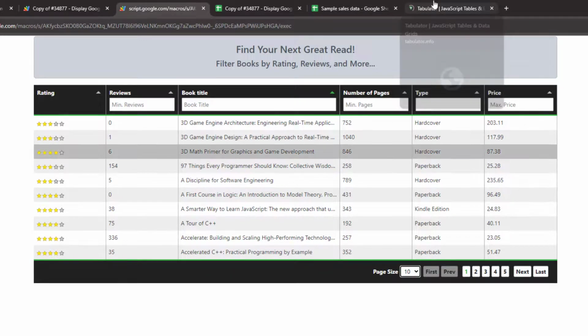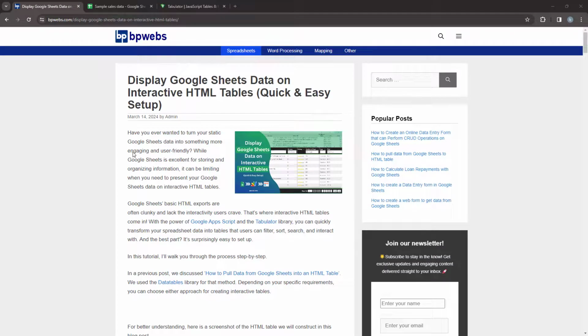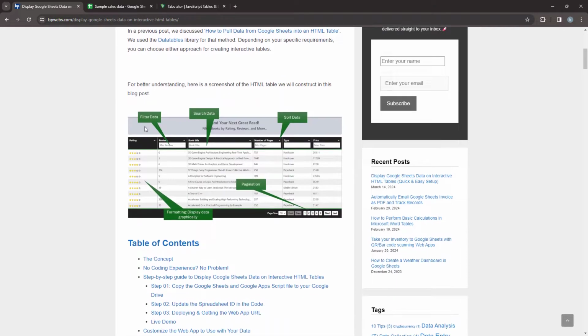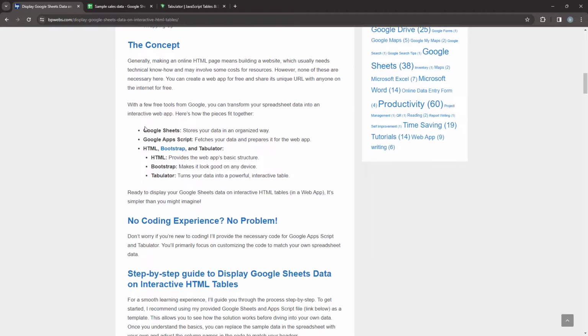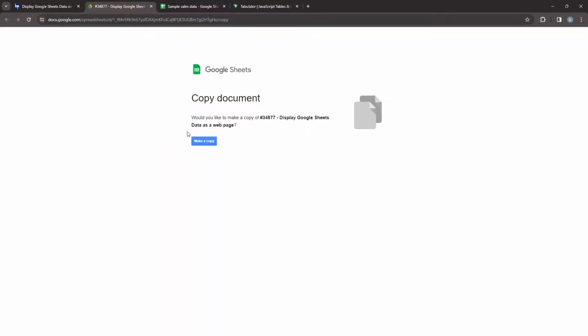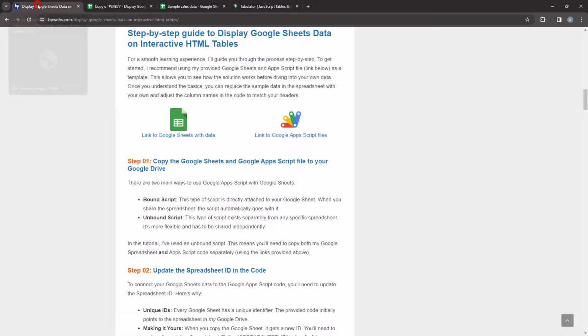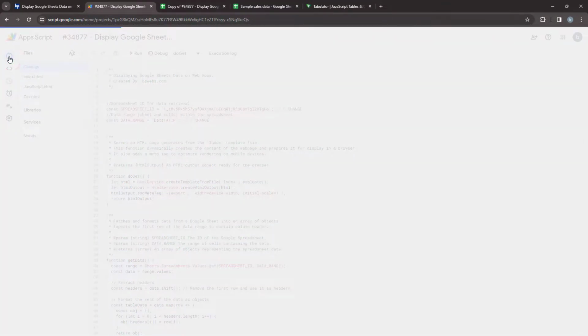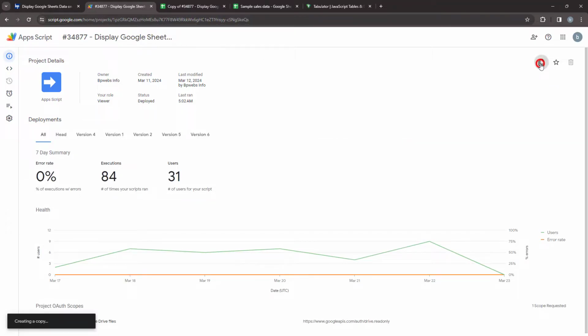So, let's get started. To follow along, go to the blog post linked in the description below. Scroll down until you find the links to the Google Spreadsheet and the Google Apps Script project. Click the link to the Google Spreadsheet and make a copy of it to your Google Drive. Similarly, click the Google Apps Script link. Go to the overview, and click the copy icon to make a copy of the Apps Script files to your